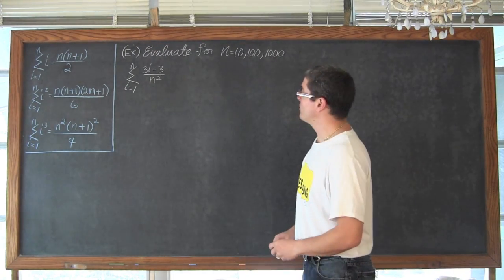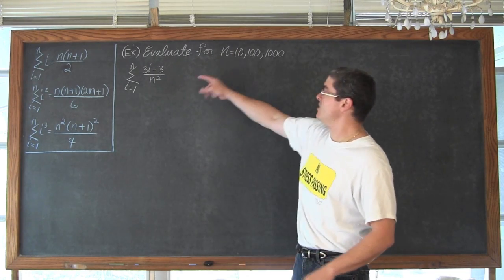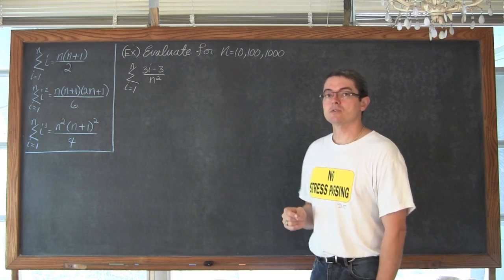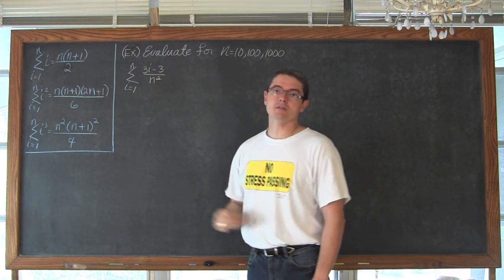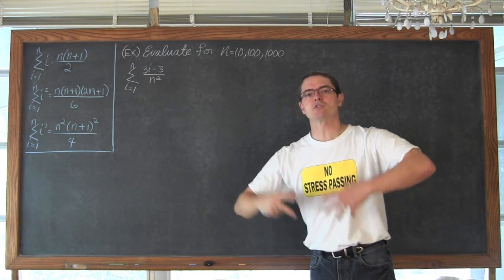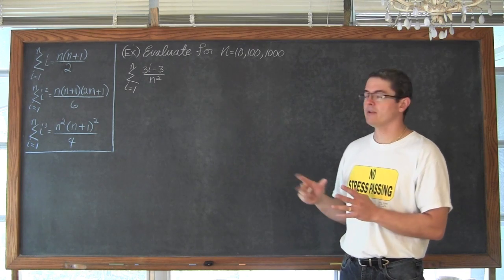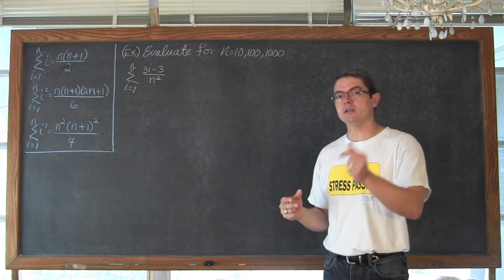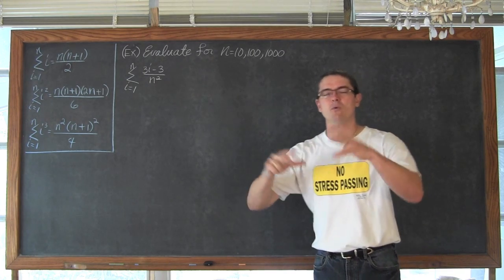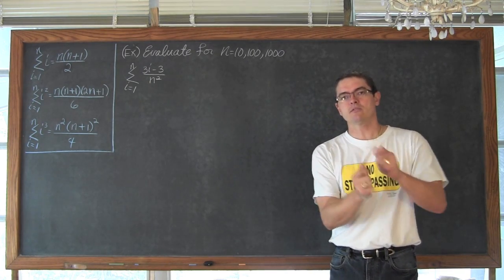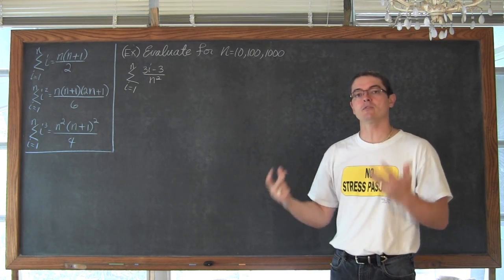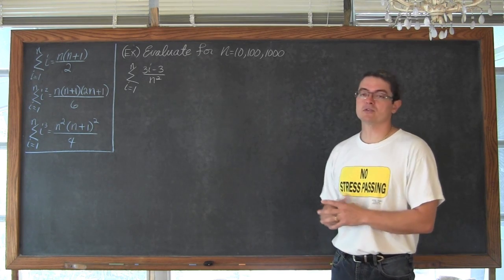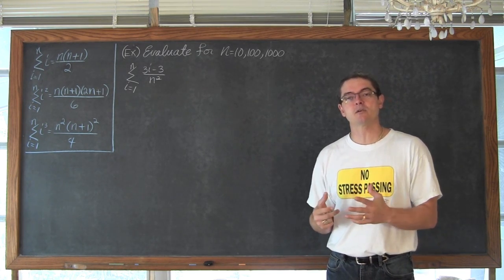For our next example, the question says, evaluate the summation notation for values of 10, 100, and 1,000. So instead of basically doing this exact same question 3 times and showing all that work, I want to do a little manipulation to this so that I can really quickly get all 3 individual answers after I do quite a bit of work in the beginning, and then the questions will finish up quickly instead of doing 3 completely separate problems.